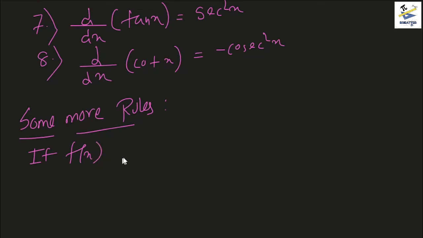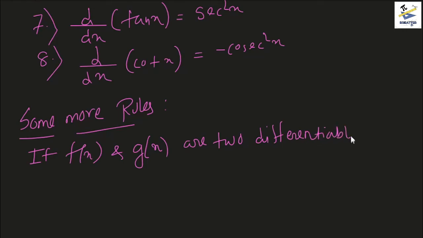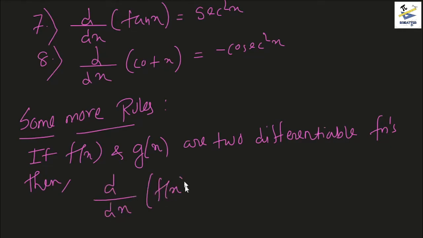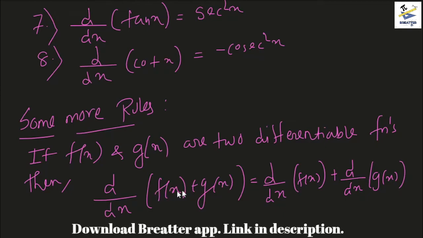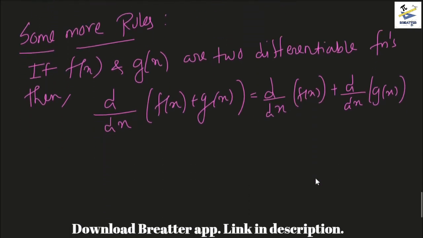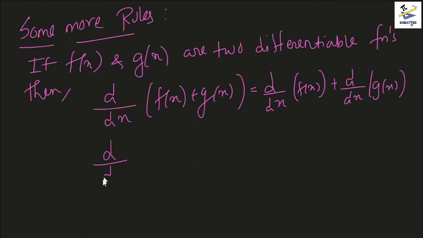If f(x) and g(x) are two differentiable functions, then d dx of f(x) plus g(x) is equals to d dx of f(x) plus d dx of g(x). So basically, if you are given to find out the derivative of the sum of two functions where both of the functions are differentiable, then the answer is basically the derivative of the first function added with the derivative of the second function. Similarly, if you are given something like this, where you have given the multiplication of two functions,